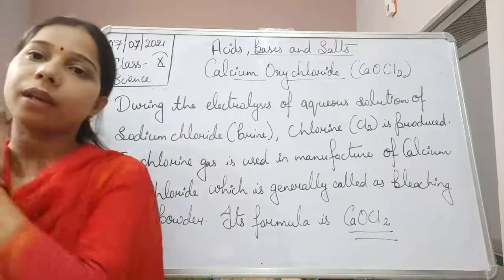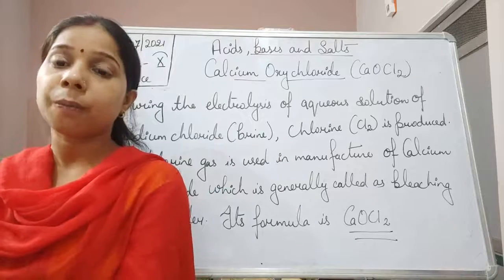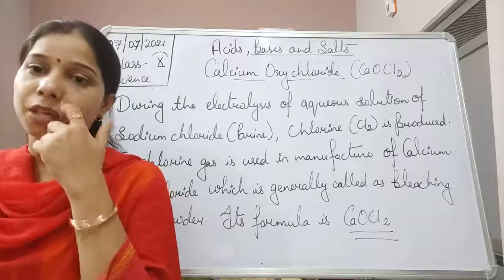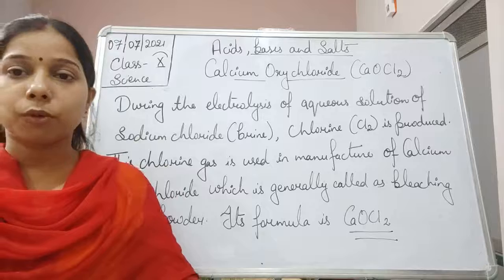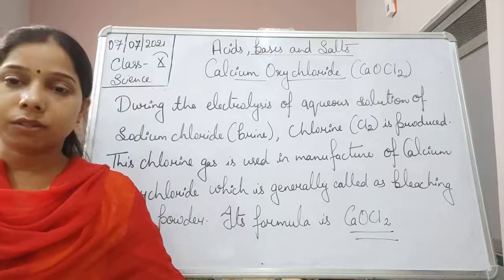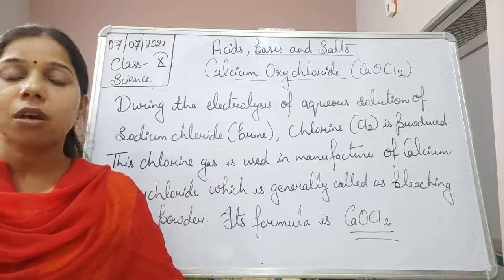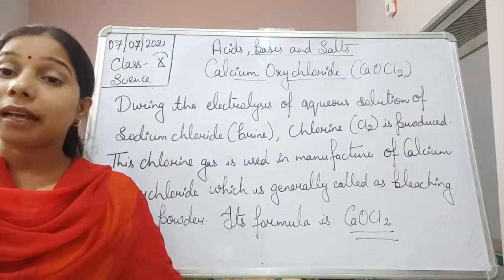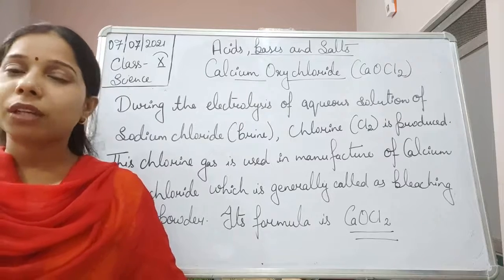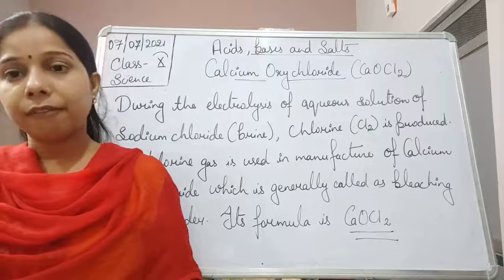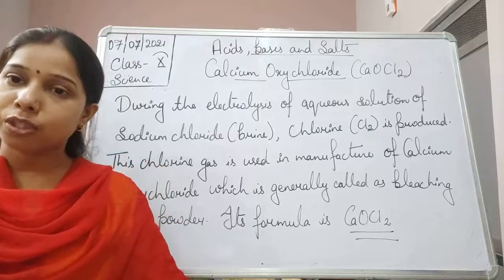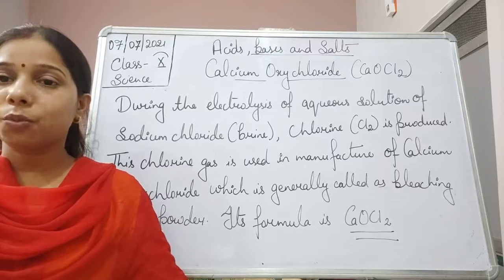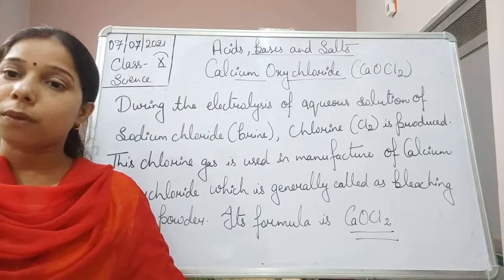Remember, when we were talking about the formation of the calcium hydroxide, there we used to pass electricity through sodium chloride mixed in water. It means we do the electrolysis of the sodium chloride, which is also called a brine solution. Then a gas is released, that is chlorine gas is formed. Remember that two types of gases are formed there, one is chlorine and one is hydrogen. This chlorine gas is formed at the anode, because chloride is an anion.